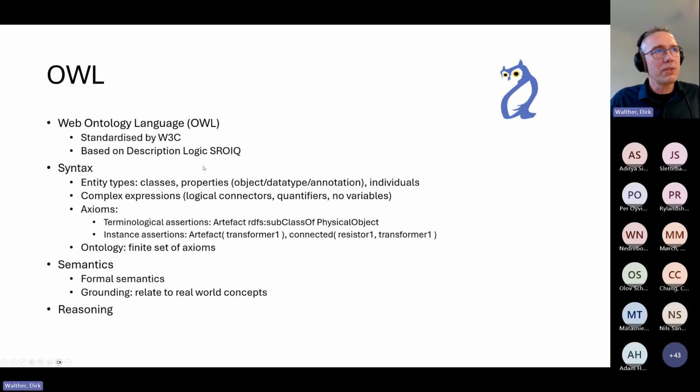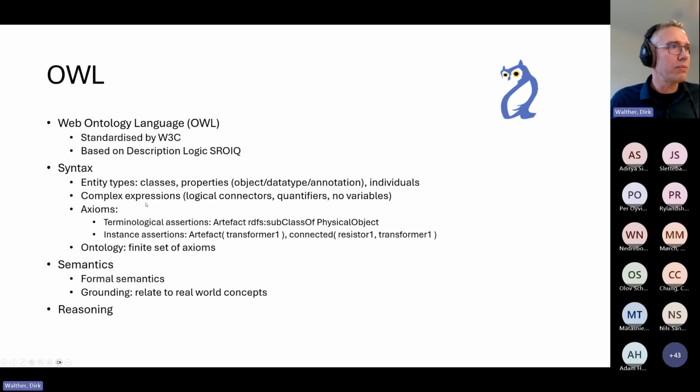These terms are our primitive objects that we can work with, and we can build more complex expressions using logical connectors and quantifiers, but we don't have variables available in OWL. We can then take these expressions, simple or not, and form axioms.